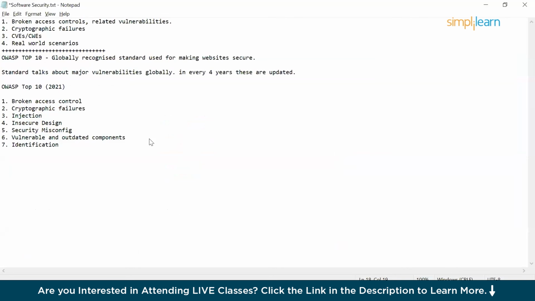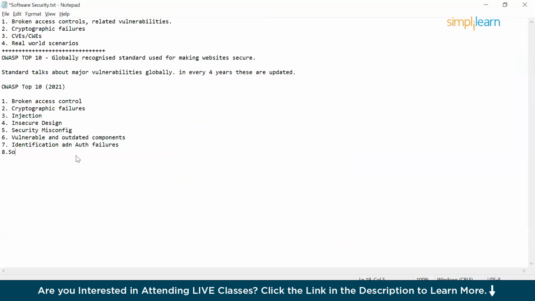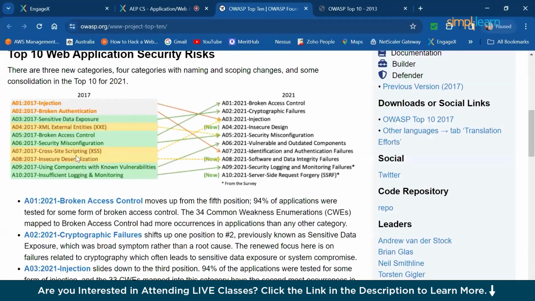You will be knowing them one by one. Software and data integrity failures, security logging and monitoring,